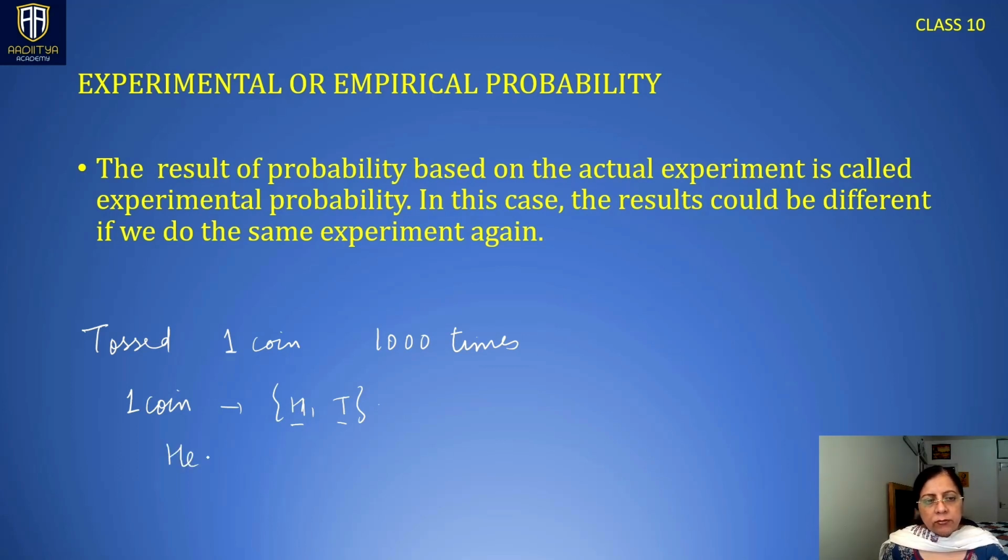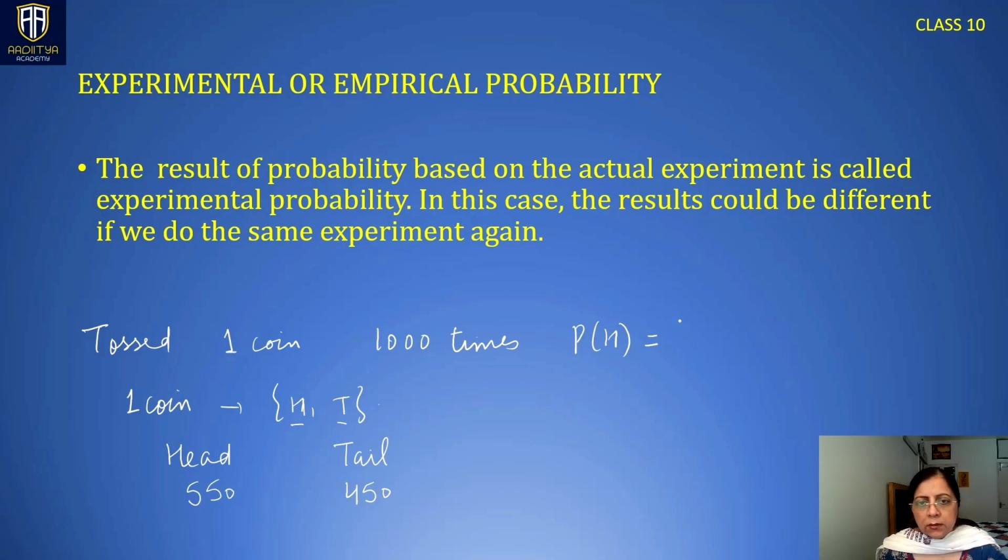So now in this case, after performing this experiment exactly 1,000 times, we have listed the number of heads as 550 and the number of tails automatically becomes 450 because we have only two outcomes. So this is the result of a particular experiment. Now, the results could be different if we do the same experiment again. Like if we have tossed a coin 1,000 times, 550 times we are getting head and 450 times we are getting tail. So after performing this experiment, we can say that probability of occurrence of head